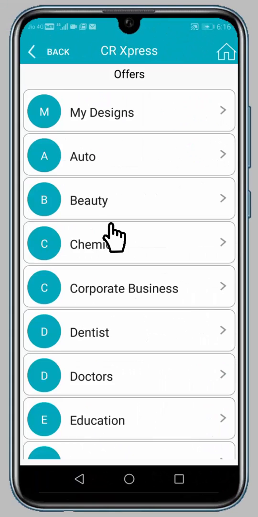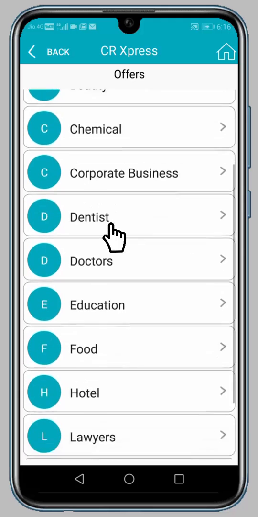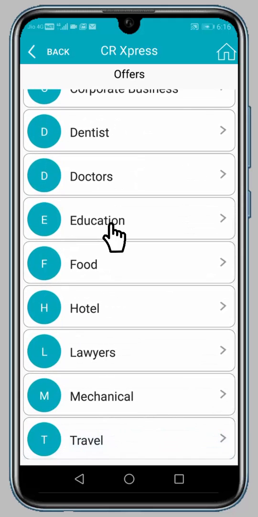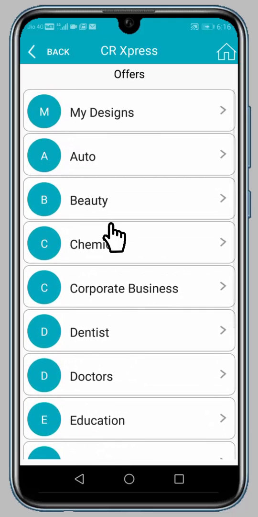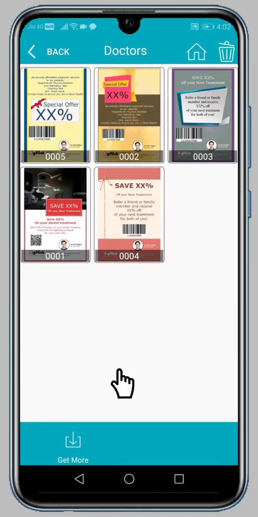Offers. Once you select the offer option, you will get a bunch of design categories of various coupons. You are free to select one from it to create your own offer coupon. After you select your business category, choose the design from available designs, or you can download more designs through Get